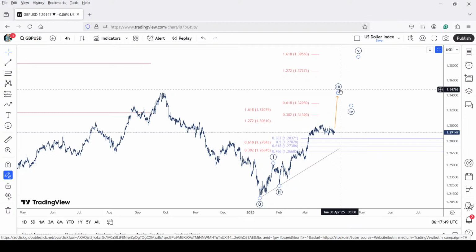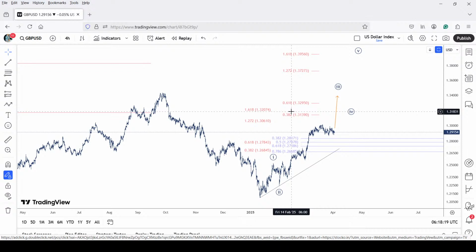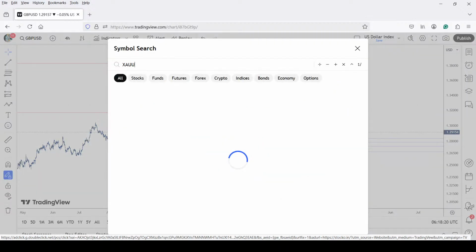All right. In fact, as the time approaches for the termination of minute wave 3, we should be above 1.35 or 1.34, which is the September 2024 highs. All right. So that's the story in pound, GBP USD, and the next instrument would be